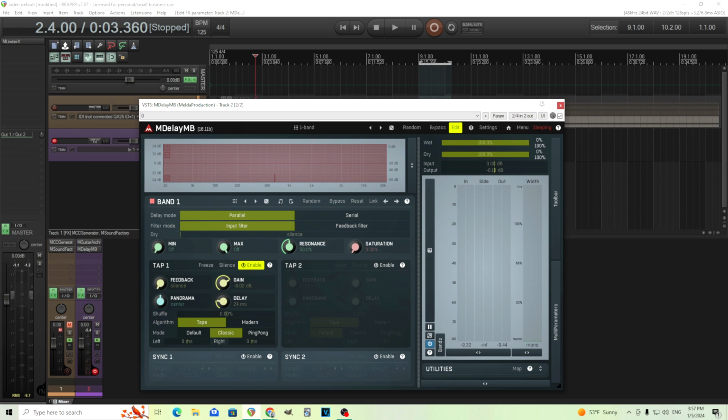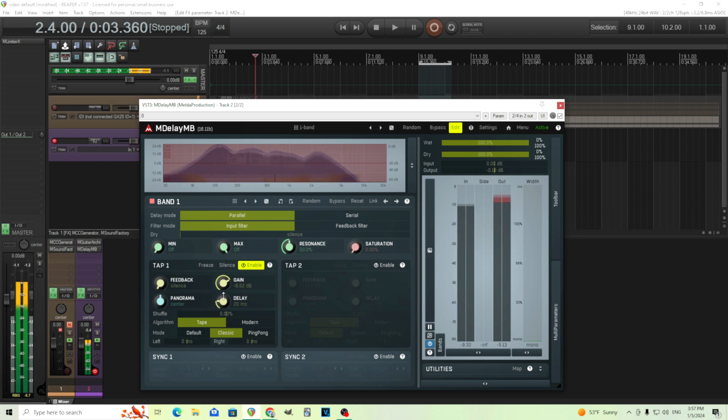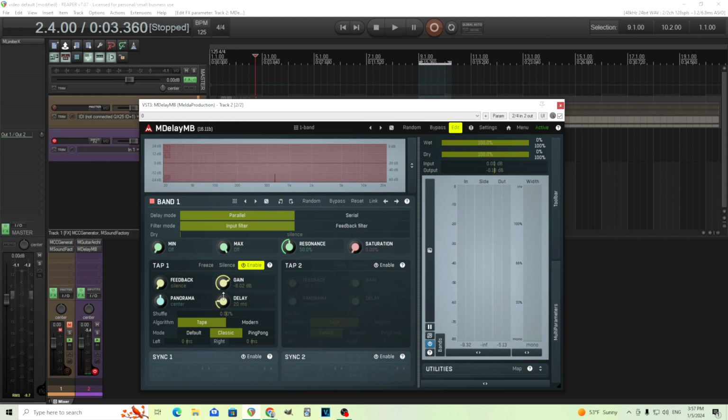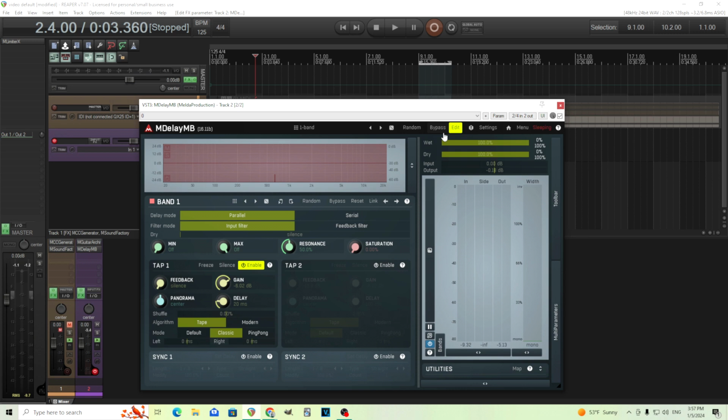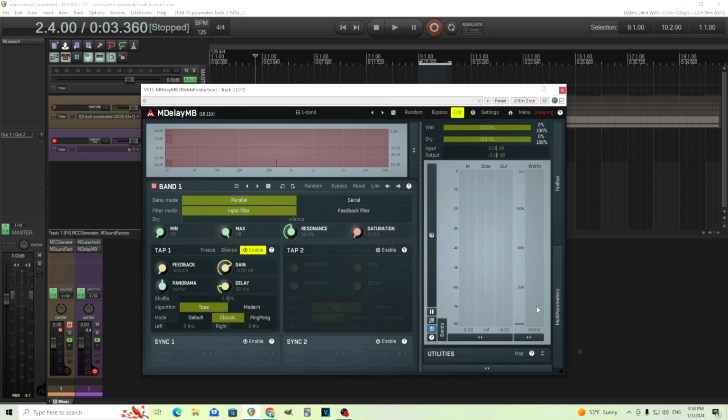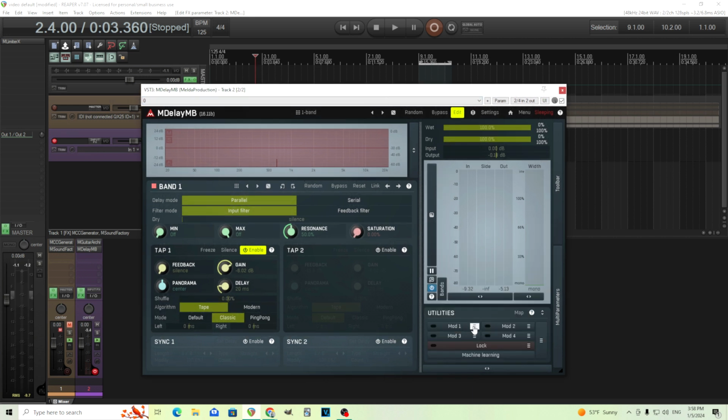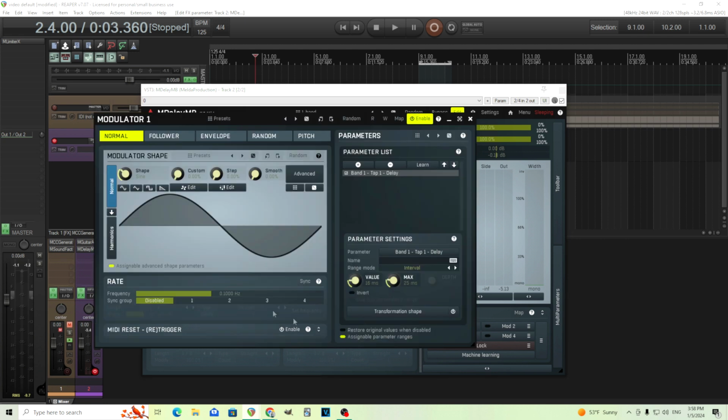So let's move this down here, maybe 20 or so. You're probably not even hearing that bit, so it's like a short slapback. It almost sounds like reverb or some echo in your room or something. So what we want to do is we could just modulate from here, and I'll show you how to do it. If we move this up and we have our utilities here, we can go into, say, clear and learn, move this time slightly, like this, turn it on, and we should have something in here that actually moves by